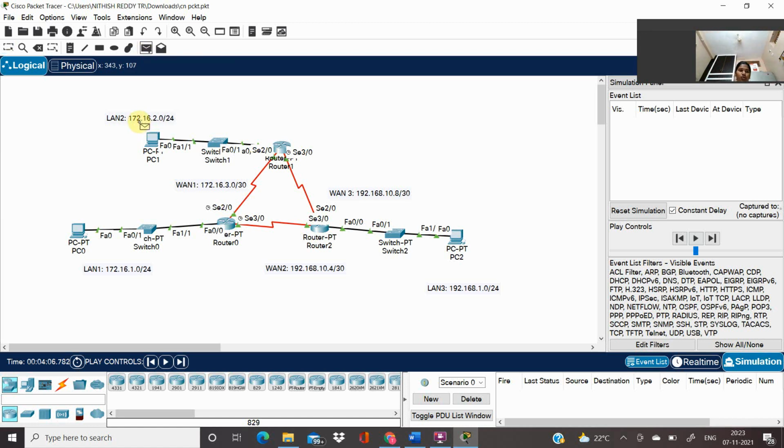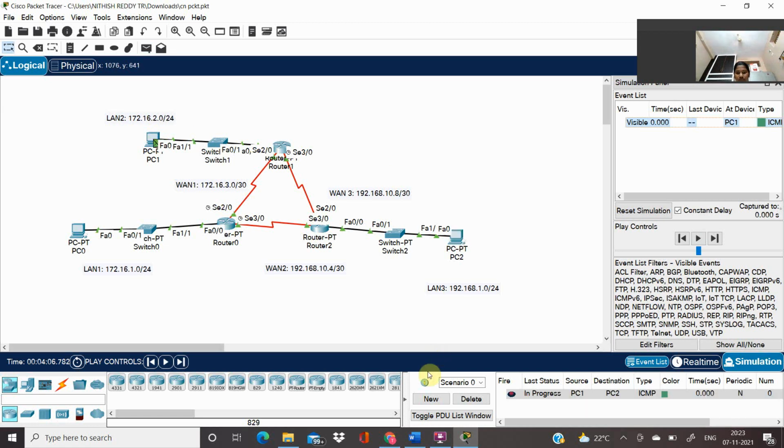LAN 2 to LAN 3. That means from PC1 to PC2.